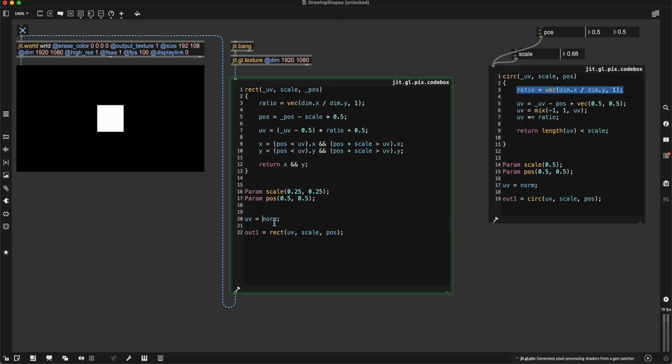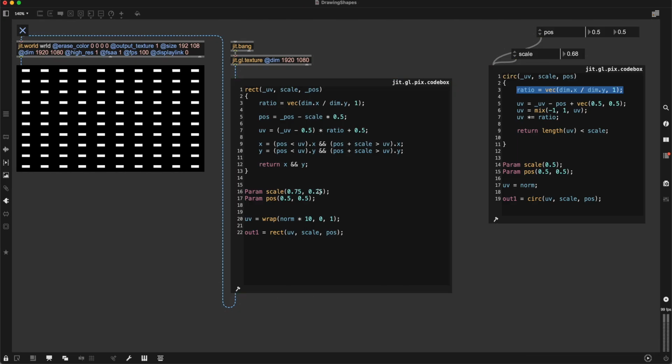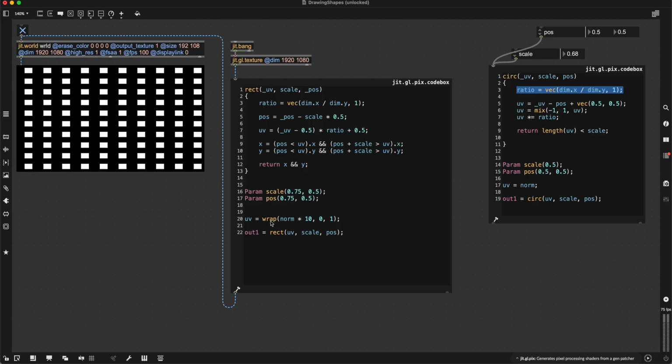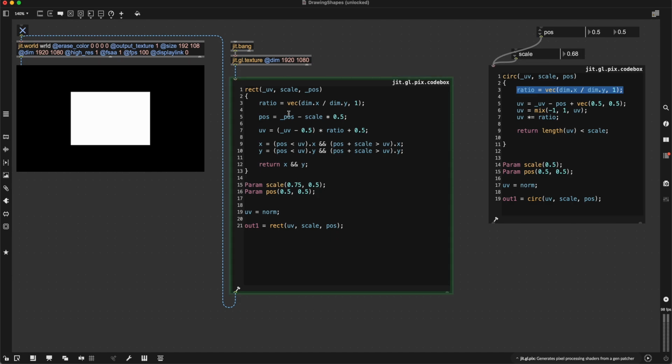And of course we can do the same thing as we did with the circle. So we can say norm times 10 and then wrap this between 0 and 1. And now we have a lot of them. And we can also change the scale and the position. Okay. And what's also very cool about this one